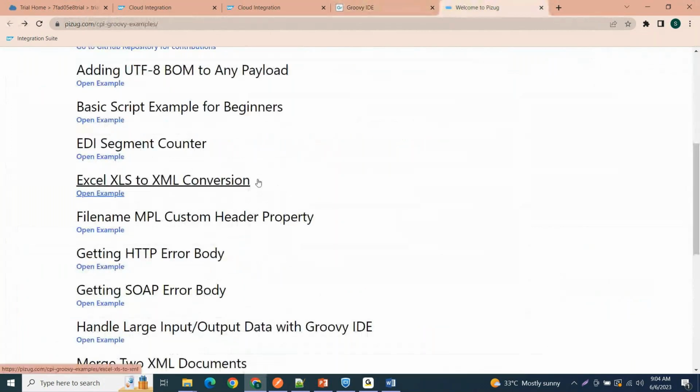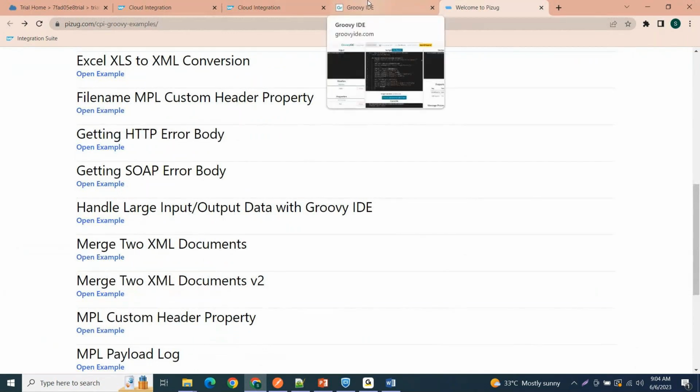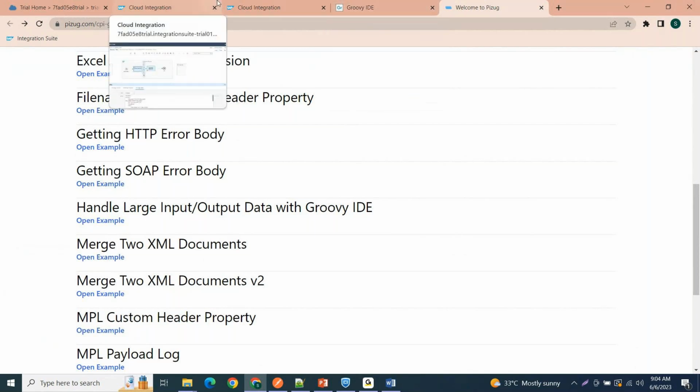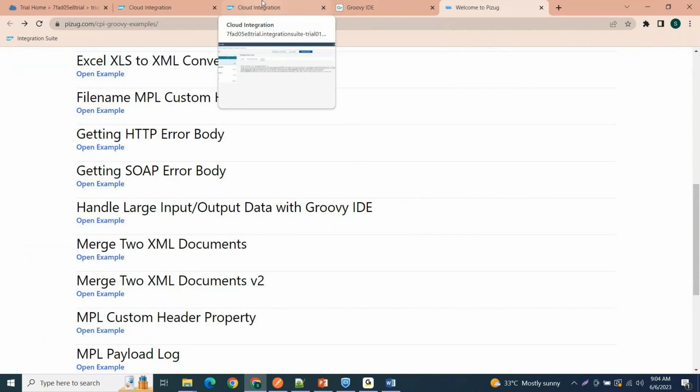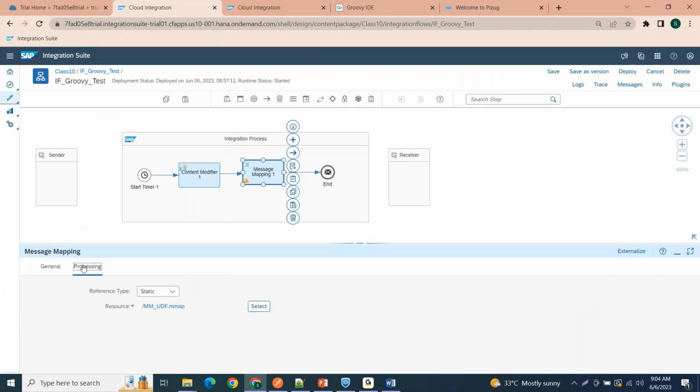When they ask about any requirement, why you are using a Groovy script, you can take one example from this and explain it to them. First go with this payload logging and then reading and modifying the headers, properties and body. These two are enough. Also go with the message mapping standard form, I mean the message mapping user defined function using the Groovy script, like how we created this for reading the